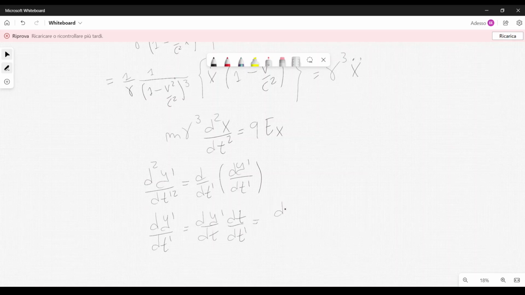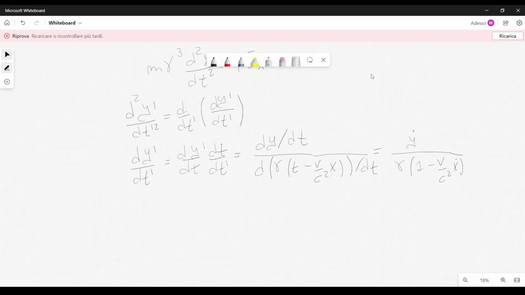We have dy/dt, because y prime is equal to y, and below we have dt prime over dt, so it's d of gamma (t minus v over c squared x) over dt, and this is equal to y dot divided by gamma (1 minus v over c squared x dot),